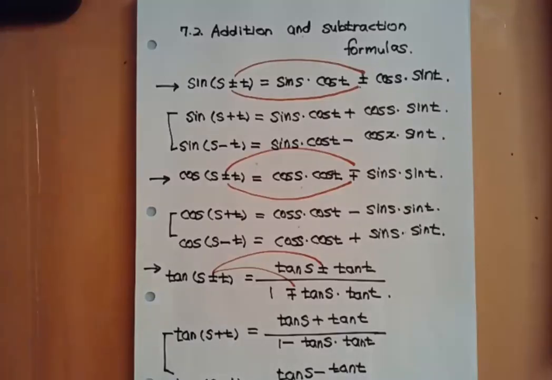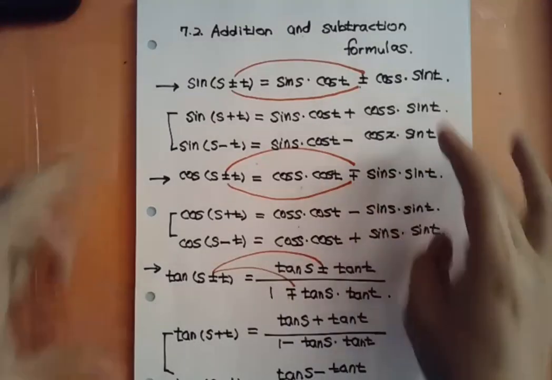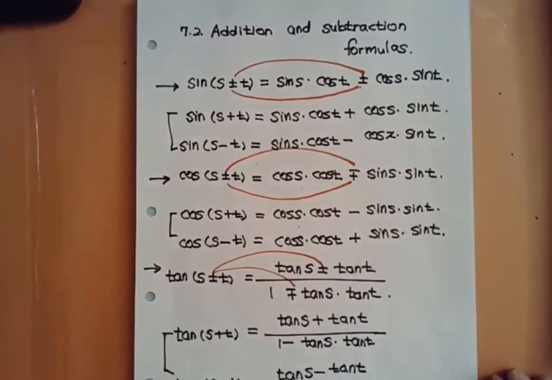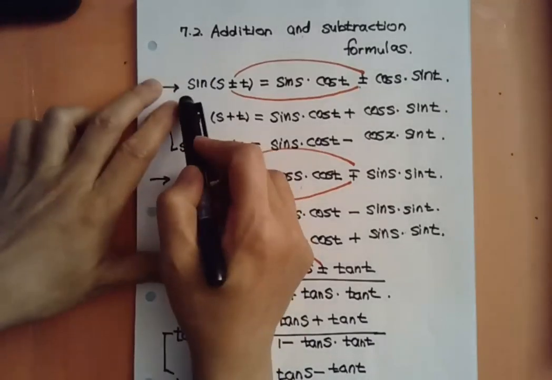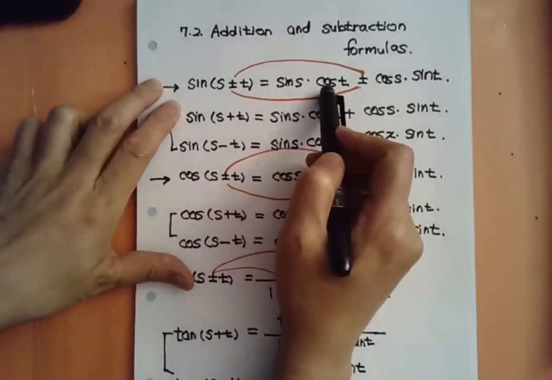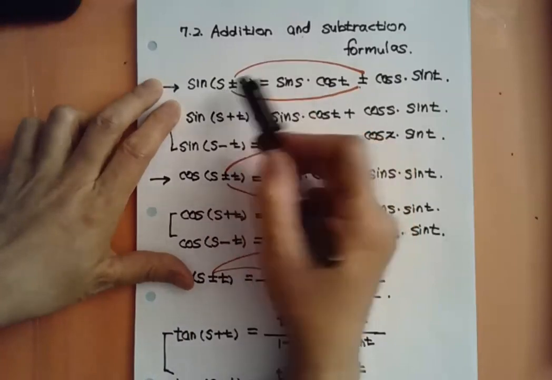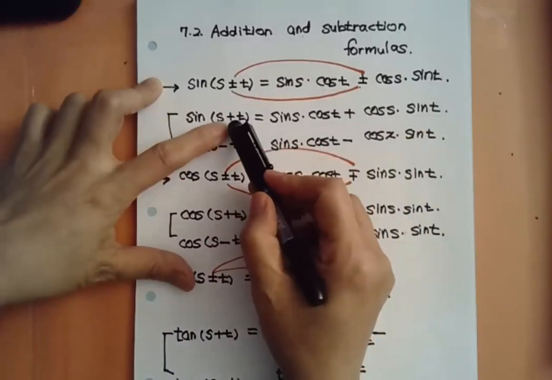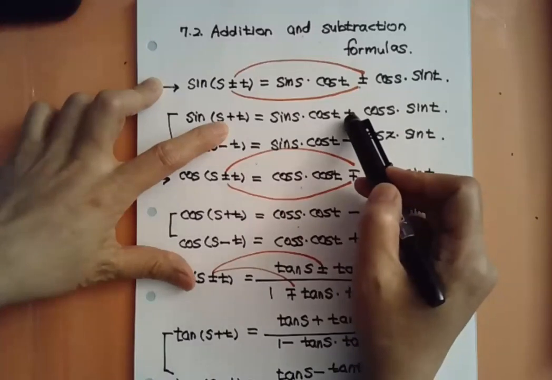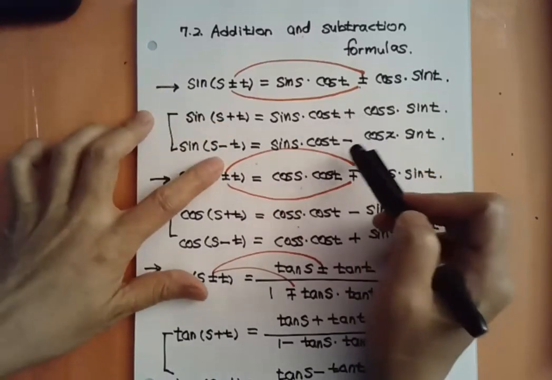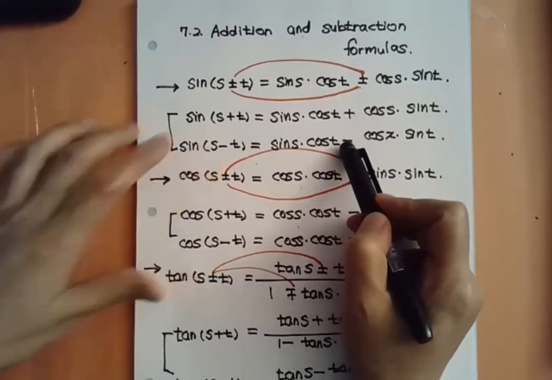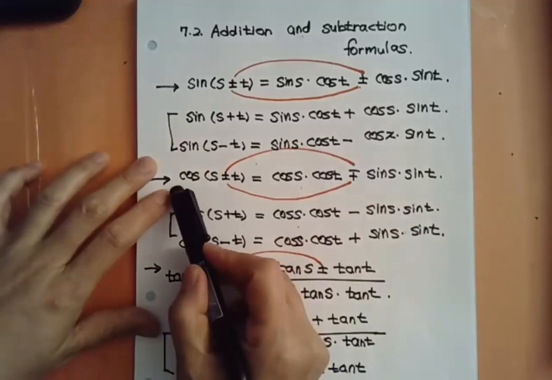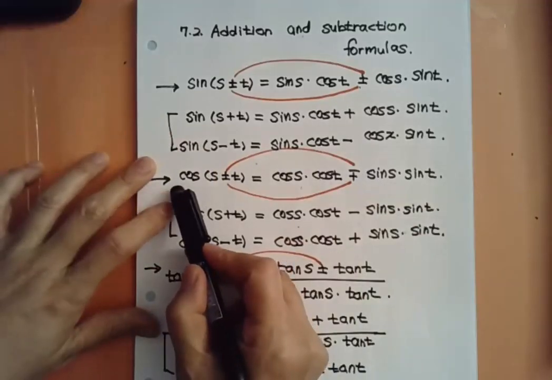Last time we started addition and subtraction formulas. The sine formula combines sine and cosine, but preserves what's in the middle part. If it was plus, it is connected with plus, and if it was minus, it is connected with minus. But the addition and subtraction formula for cosine